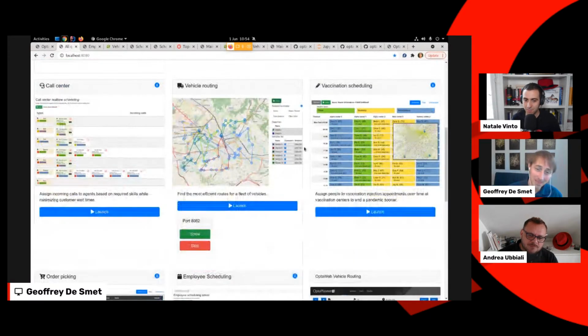We have a lot of production use cases for vehicle routing and employee rostering. It's used all across the world. But for vaccination scheduling, we don't have that in production that I'm aware of. It's a very cool use case because we were running with data sets of up to 200,000-300,000 people being decided in a single schedule.